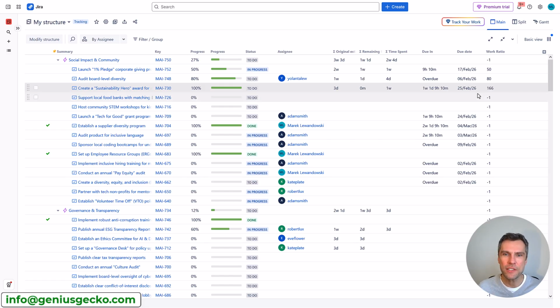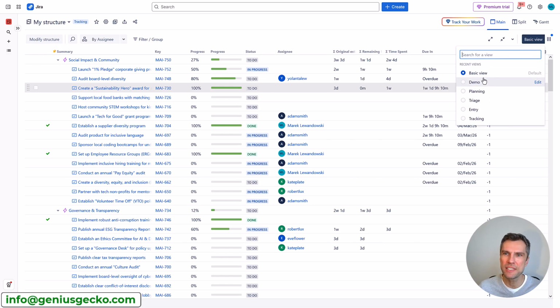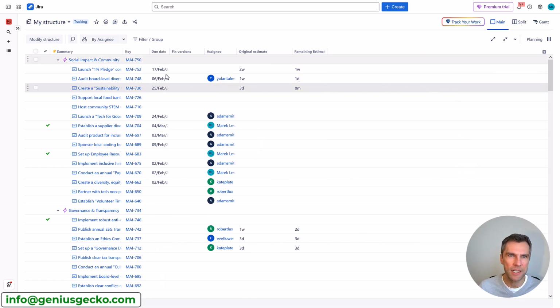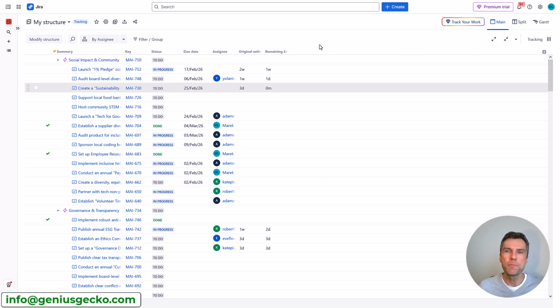All right, so far so good. We have quite a lot of information here. Of course, you can create your custom views, custom column views here and save them. So just above the add new button, you'll have the predefined views that includes the basic view, planning view. So probably we'll have some other fields here, fixed version, due date, remaining. But what is important is that you can save your own views and show as much information as you need